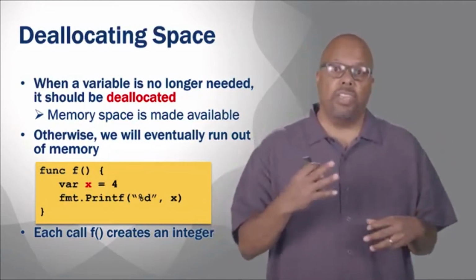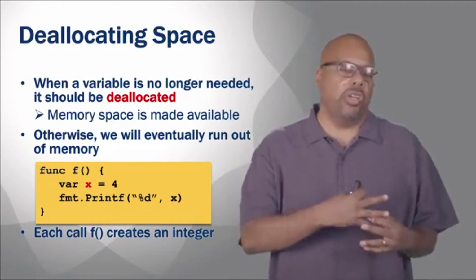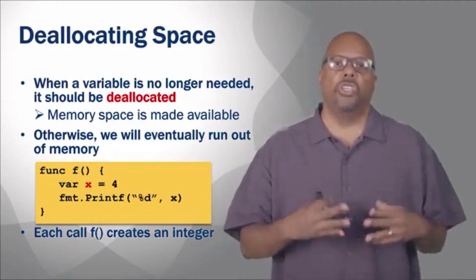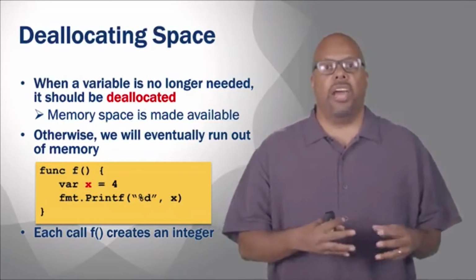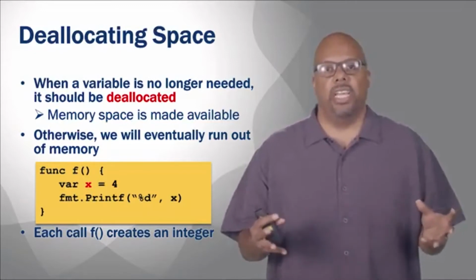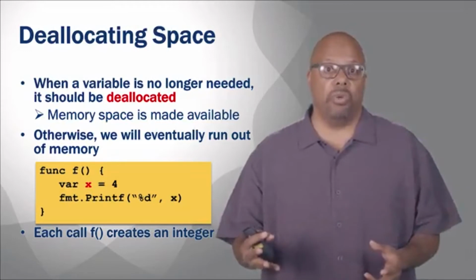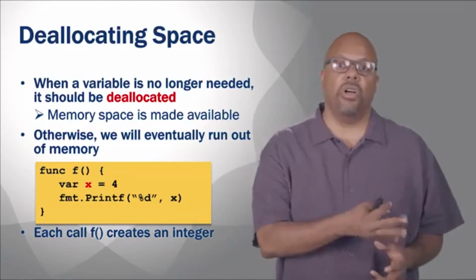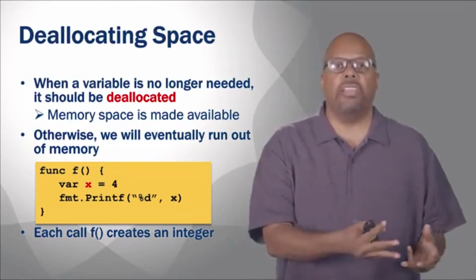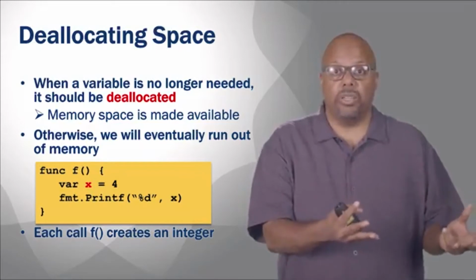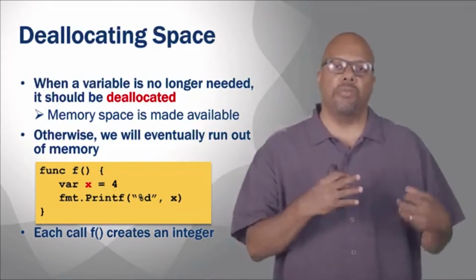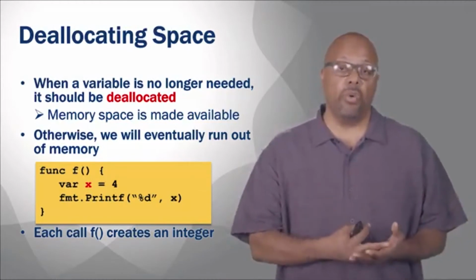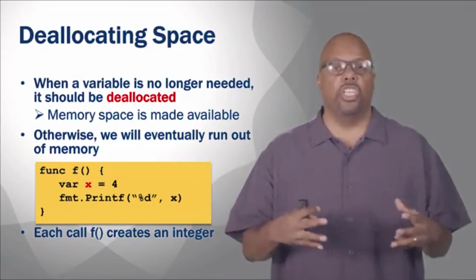But if you don't deallocate it, every time you execute this function F, you'll get a new variable x allocated. And so you'll have all these spaces allocated in memory, and really you don't need them anymore, right? Once a particular function call ends, you no longer need the space for the x that it was using. So at some point you have to deallocate this memory. You have to say, look, this memory is now free, because otherwise you would eventually use up all your space.